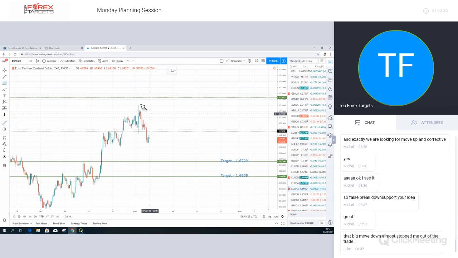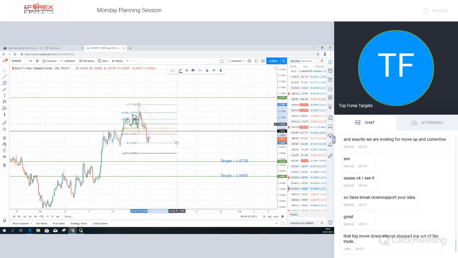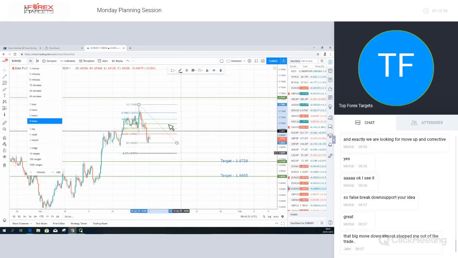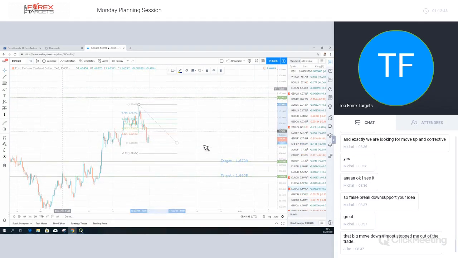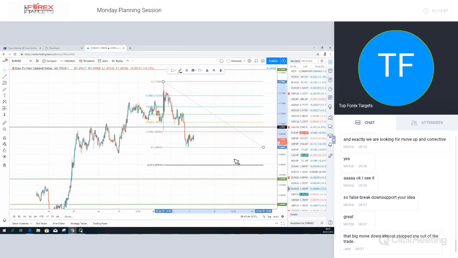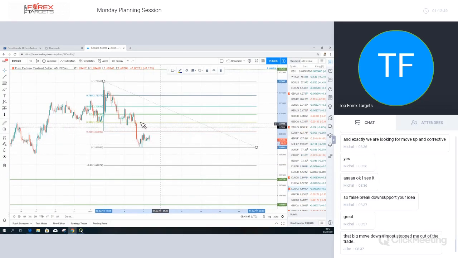So in terms of the Euro New Zealand, we have a similar setup. Again, the problem is we would be back above the 1.69832. If we were going to be looking for a trade in 4 hours, that leads us to a situation where we have conflicting information, because it would be telling us to go long above the 1.69832. We should be looking for something like this. If we're in this area, we should be looking at this, and therefore we wouldn't be looking to short there.